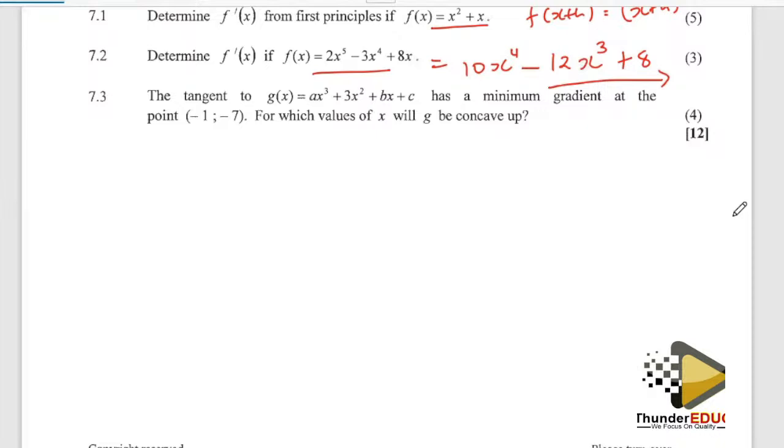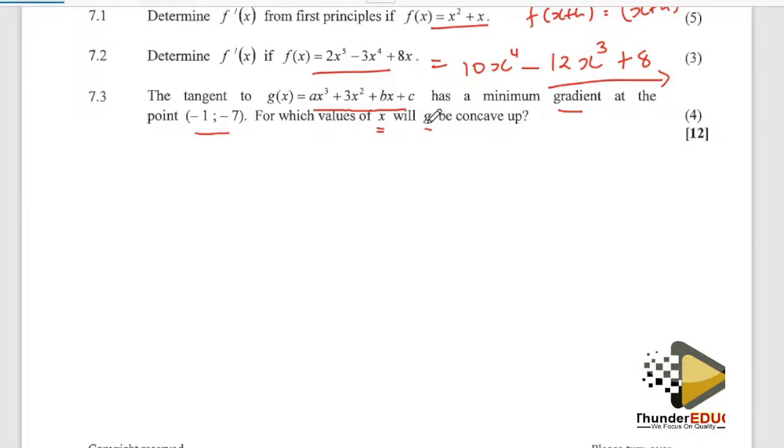Then 7.3, they are telling us that there's a tangent to this graph. The tangent to the graph has a minimum gradient at this point. And they're asking us for which values of x will g be concave upwards. Now,